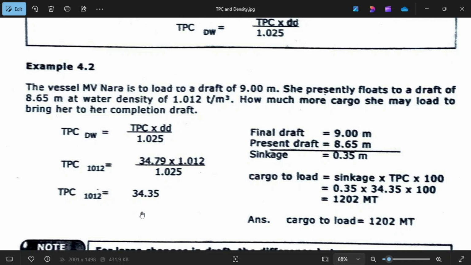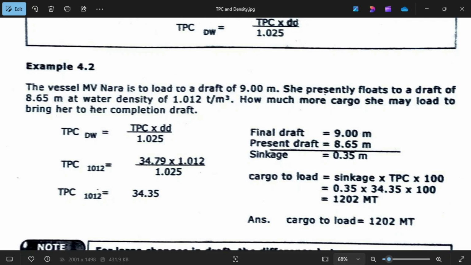When you get your TPC of 34.35 and you use it here, so your sinkage times your TPC of 34.35, which is this one, times 100, you have a cargo of 1220, which is a difference of 24 metric tons or 25 metric tons. But I would never use this one.